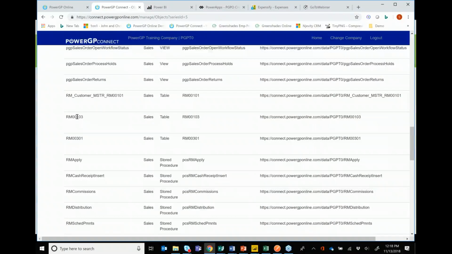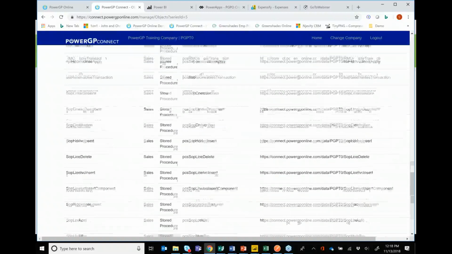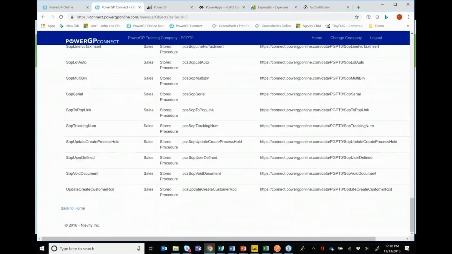So again, it's going to keep your business logic, and you're not going to be able to screw up your data. So you're going to be able to keep your data integrity, but you can also go to a table directly. You can go to a view, or you can have one of these stored procedures. We'll continue to build these out as we move forward, but here's just an example of being able to see